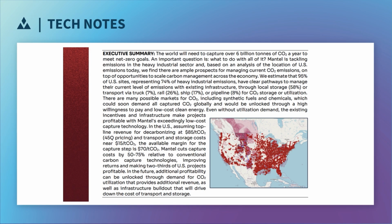The world will need to capture over 6 billion tons of CO2 a year to meet net zero goals. An important question is, what to do with all of it? Mantel is tackling emissions in the heavy industrial sector, and based on the analysis of the location of U.S. emissions today, we find there are ample prospects for managing current CO2 emissions on top of opportunities to scale carbon management across the economy. We estimate that 95% of U.S. sites, representing 74% of heavy industrial emissions, have clear pathways to manage their current level of emissions with existing infrastructure through local storage, 58%, or transport via truck, 7%, rail, 26%, ship, 17%, or pipeline, 8%, for CO2 storage or